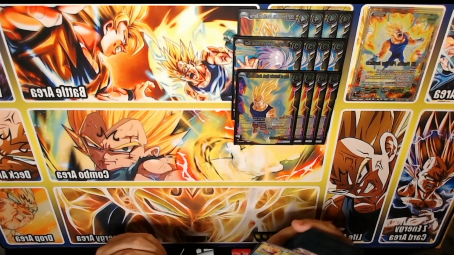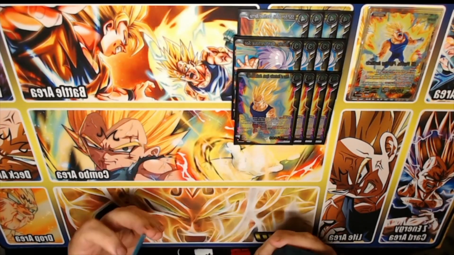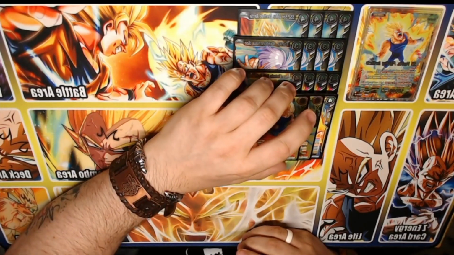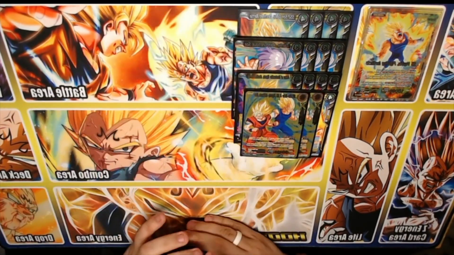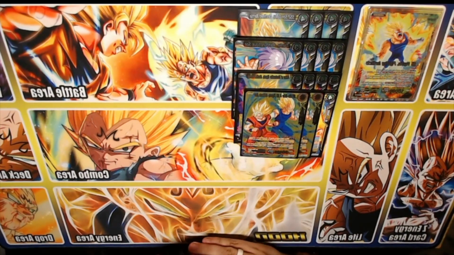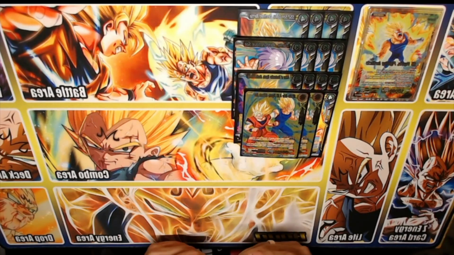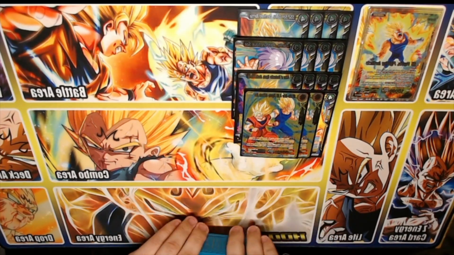As far as the other way to awaken, to get your ultimate awaken condition, you have to have the Goku in play. I'm also running 3 of the Goku Vegeta Ultimate Duos. It's currently at 3 because I only own the 3, but I will most likely be moving this up to 4. I've got another check card I've been running as the 4th one for now, but it is